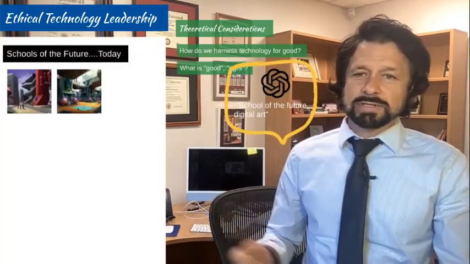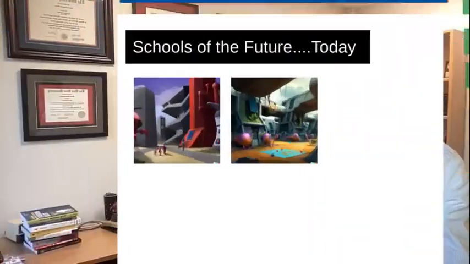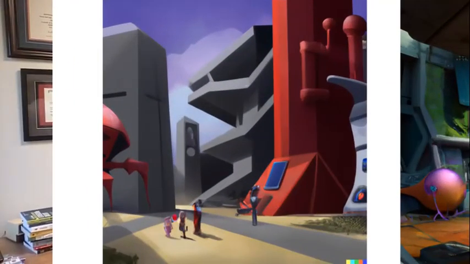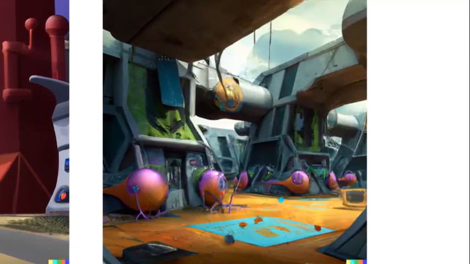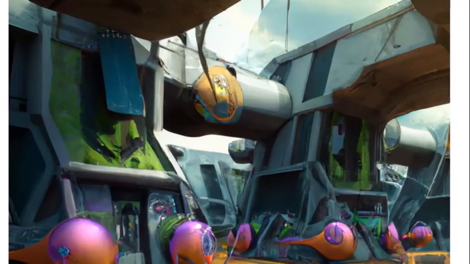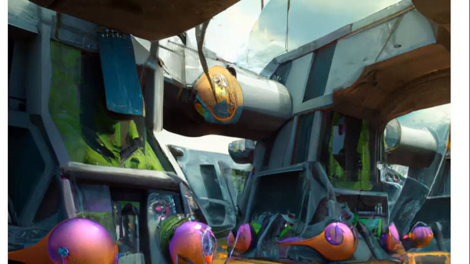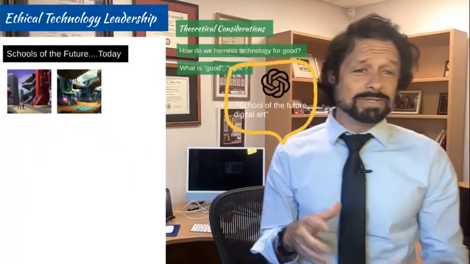And here's what it came up with. So take a look. Schools of the future. The first image came up like this, and I think it's pretty beautiful. I could not have drawn that. I like it. It feels kind of Jetsons-y. The other image it came up with was a little spookier. Here it is. Again, same prompt. School of the future. This one's kind of dystopian, and I don't know what's going on there. It's got some kind of melting apparatus, and it's got a little War of the Worlds vibe to it.